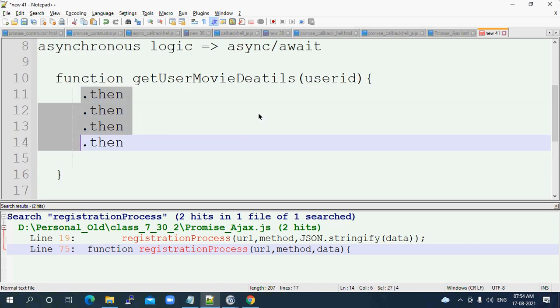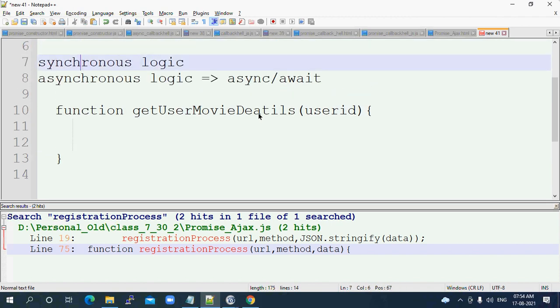This we have written, but it is also a little bit confusing for us. So if we are able to write similar logic like how we have done for synchronous logic,